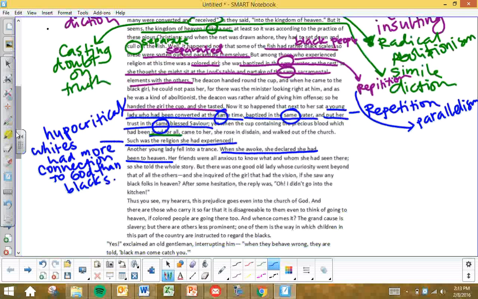But first off, that's a really insulting thing to say. Well, were black people in heaven? It's like saying, were dogs in heaven? It's like, of course they're in heaven. Why are you including them? And then saying, but were they in heaven? Did you see any black folks there? Oh, maybe it's separate up there. And so the girl, after some hesitation, her reply was,